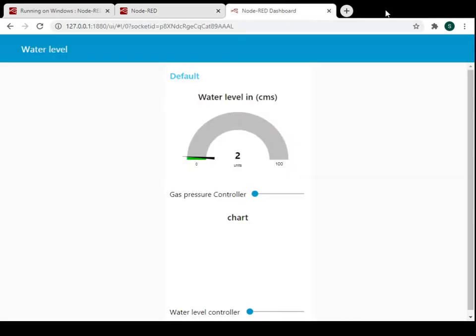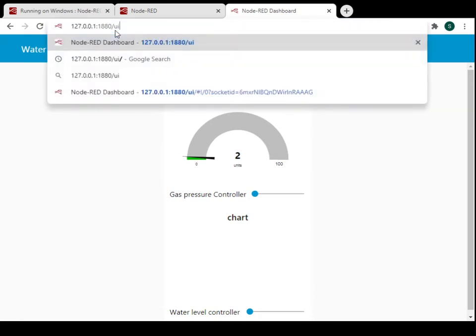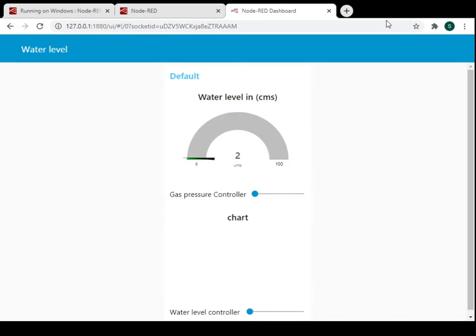Here it is showing successfully deployed, and next we have to go once again to the Node-RED interface. This is the user interface. UI stands for user interface. As you can see, as we increase the level from 0 to 100,